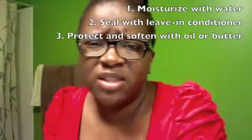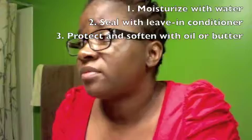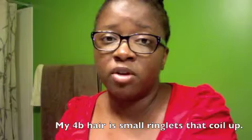I say there are 3 steps to moisturizing your hair. It took me a while to get that for some reason. I don't know why. I don't know what I was thinking about. But at first I thought I was only supposed to use water and oil. That did not work for me. I don't know, that may work for other types of hair, but 4B hair, which is the type of hair that I have, which is tiny ringlets, very small ringlets,